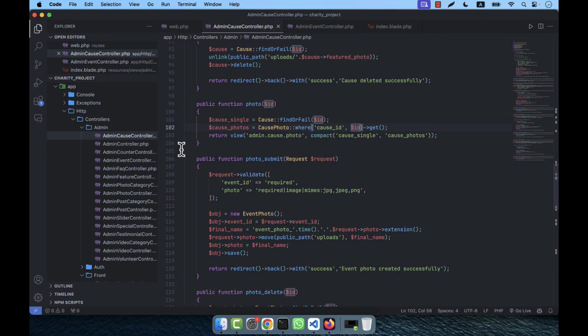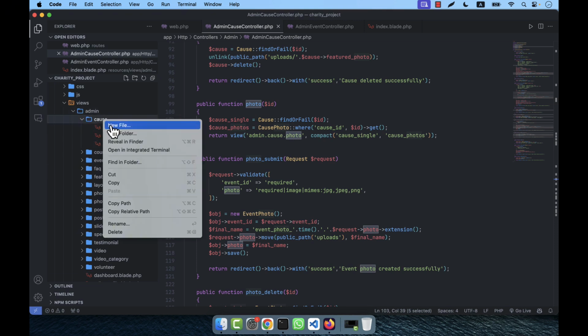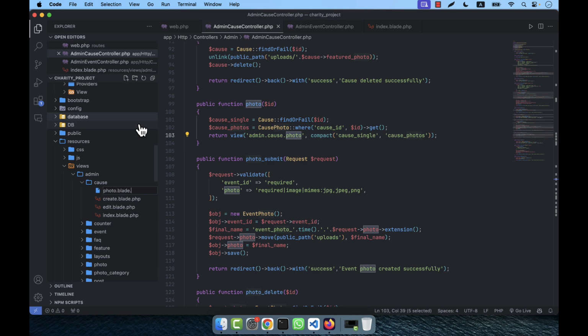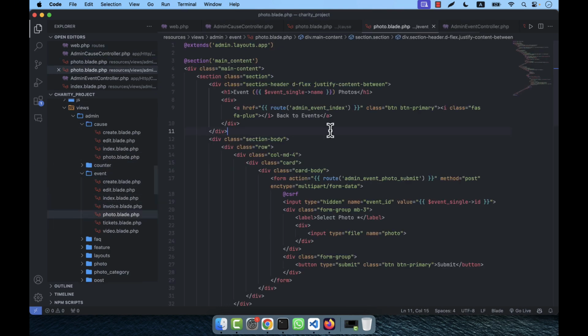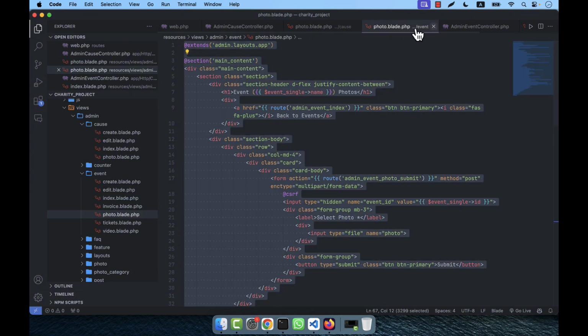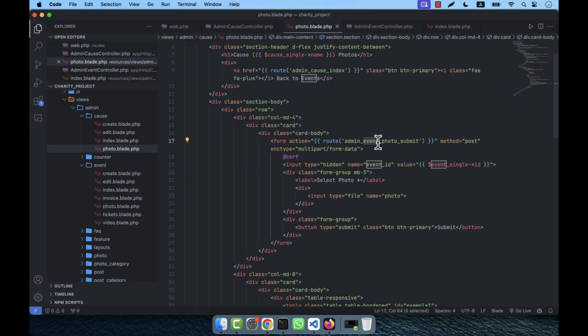Now into the cause folder I will have to create a blade file that is photo. So let's go there. I am going to my view admin. Here in the cause I am going to create photo.blade.php. In the event there is another one that is photo.blade.php, so I am going to copy the code from there and paste it here. So admin, it is not event, it will be cause index, and this will be cause photos. The cause single name will be shown here, and after that this will be cause. Back to causes,